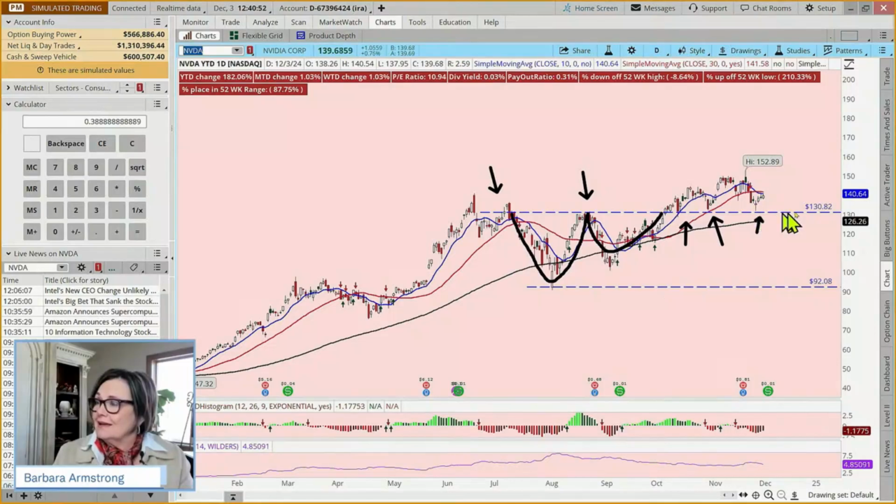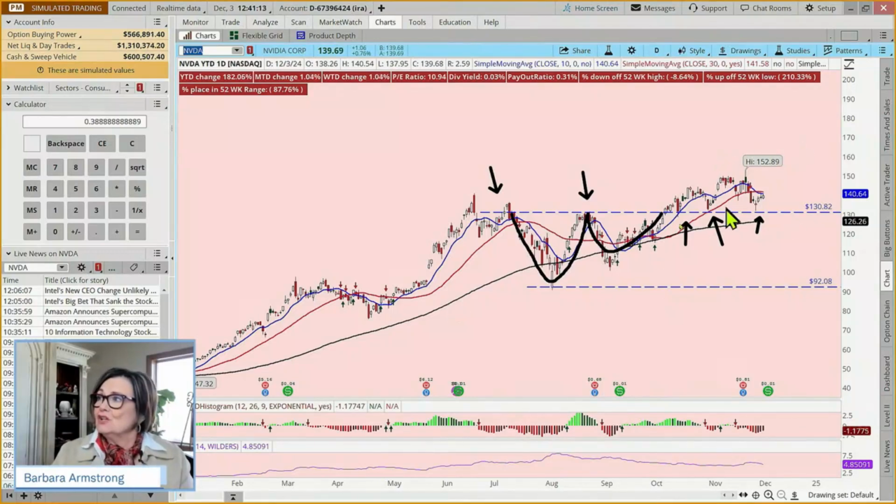But could we do something like selling a short put vertical? Could we buy a long call vertical? Could we just buy the stock? If you'd bought and held the stock over the last couple of years, you'd be a pretty happy camper. It's up 182% year to date, but does that mean we've totally missed it? It does not.